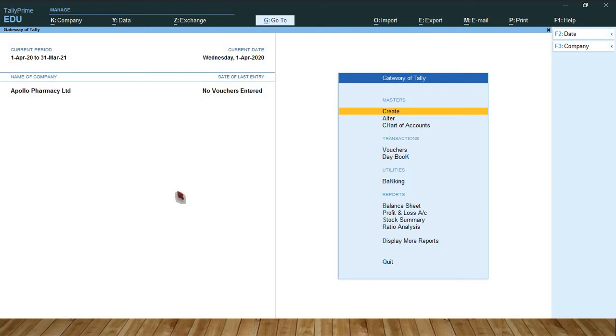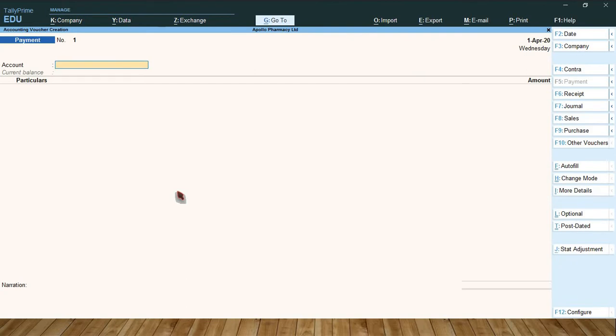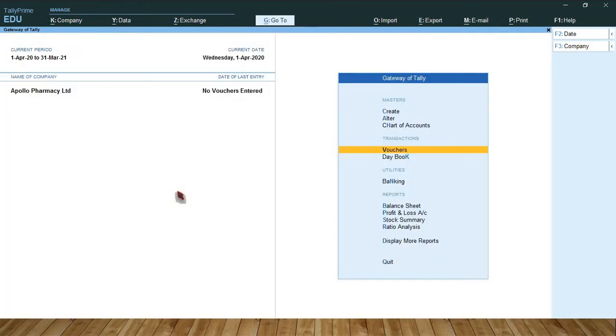Okay. So go to vouchers, select vouchers, select purchase voucher. Before selecting the purchase voucher, you need to alter the purchase and sales voucher type.